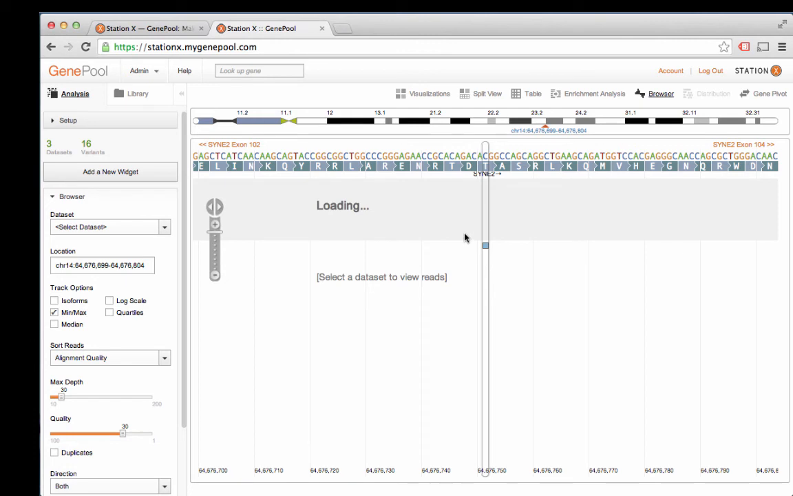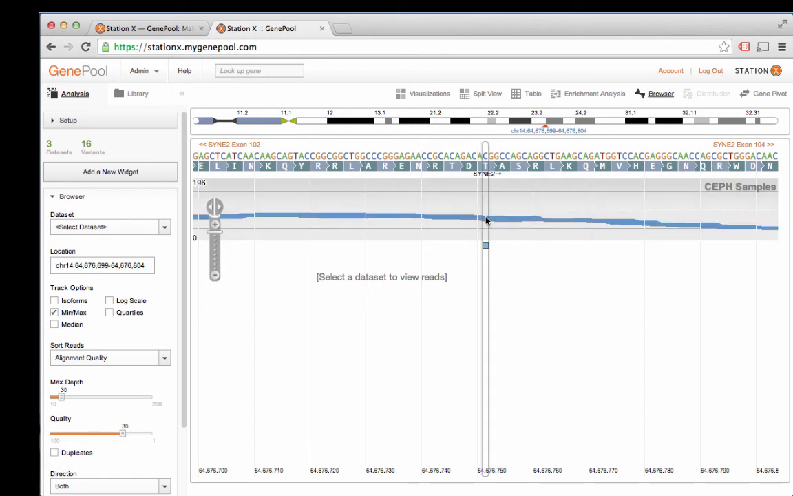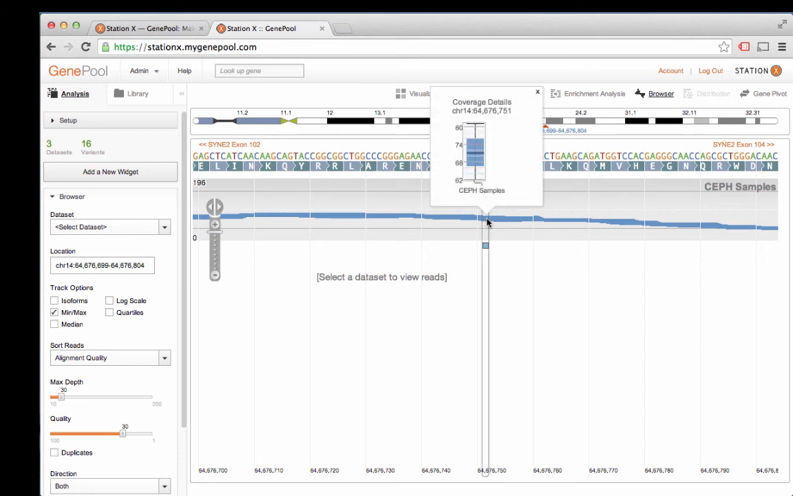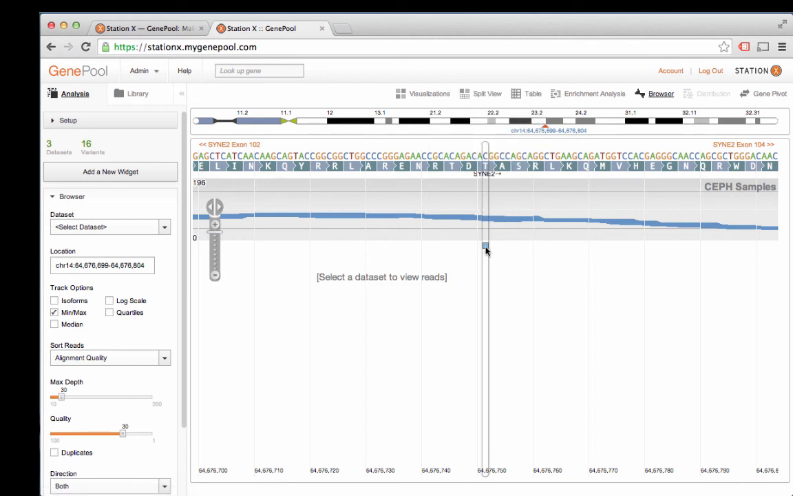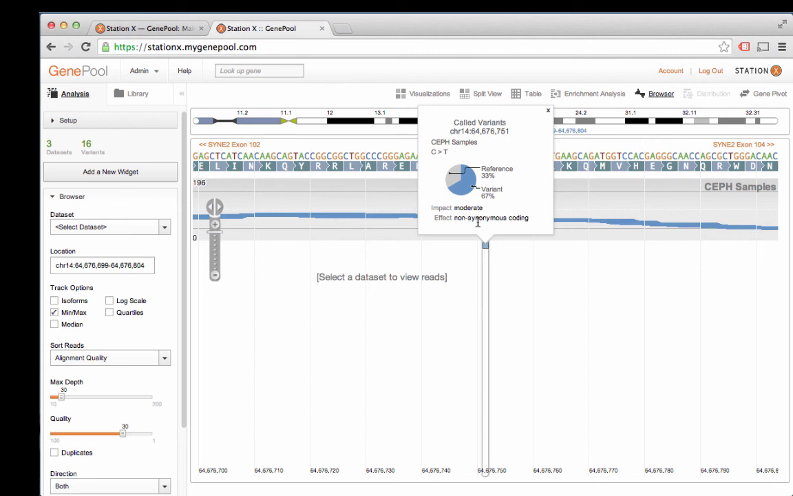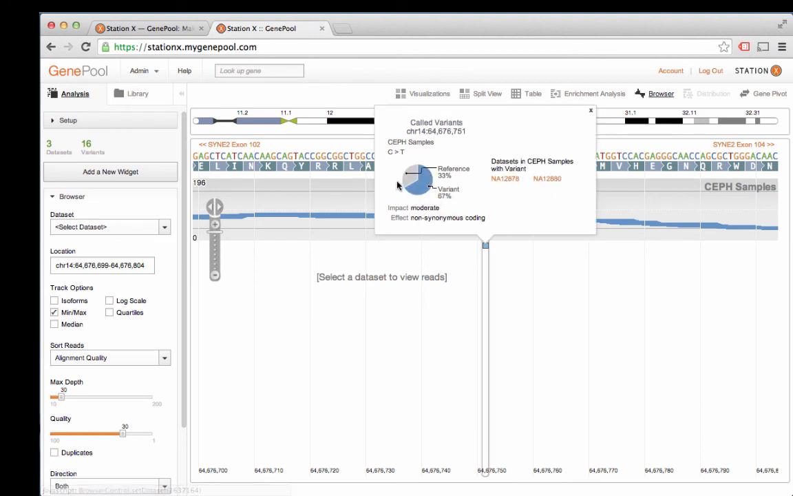And in GenePool, the browser actually pulls reads from a cloud storage solution. In this case, the samples are being pulled from an Amazon S3 bucket where the BAM files are stored for these samples. And you can see here that there's a coverage plot available over this mutation. The coverage is around 70x across these 3 samples. If I click on this variant track here, I can get a sense that 2 out of the 3 samples have the mutation called. And I can see that these are the 2 that have the call,